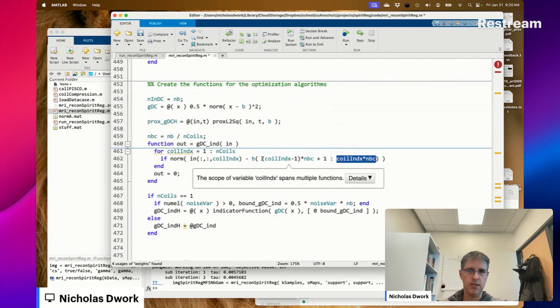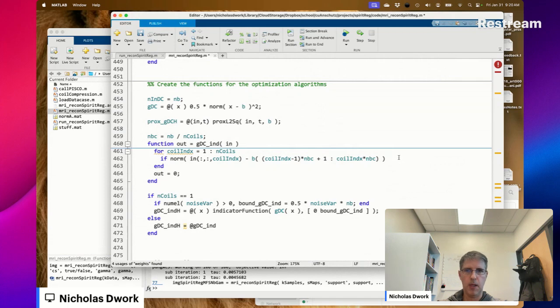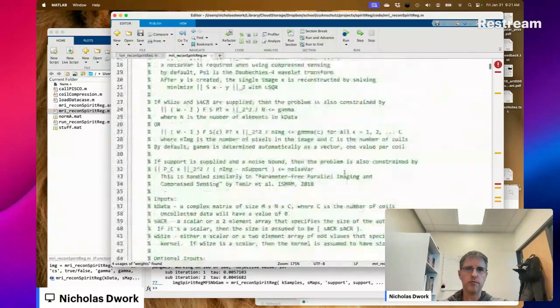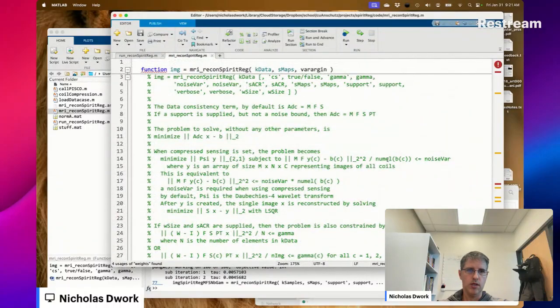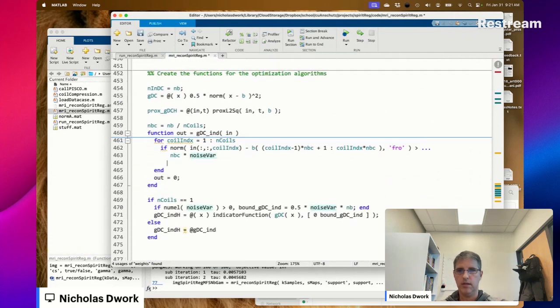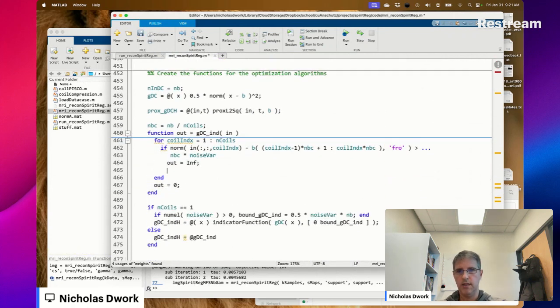For coil index 2, this is NBC plus 1 to 2 NBC, etc. And we're going to use the Frobenius norm there. Huh. Is greater than NBC times noise var, then out equals infinity and return.